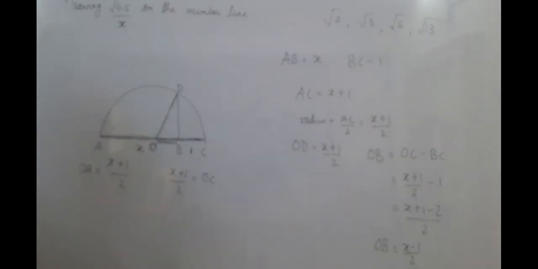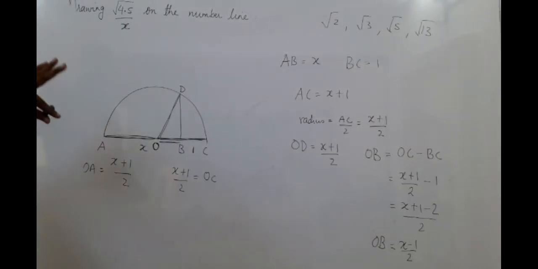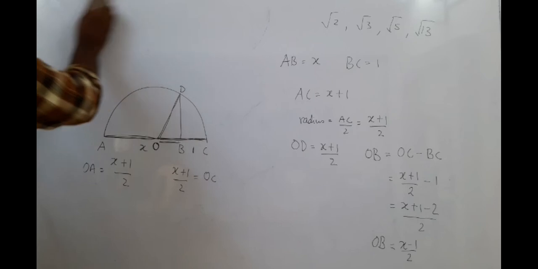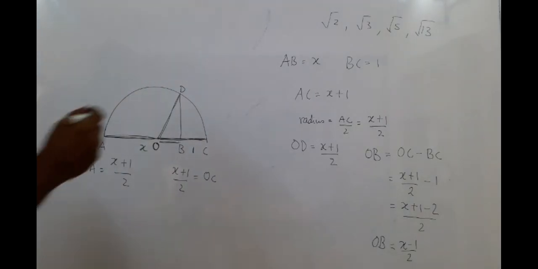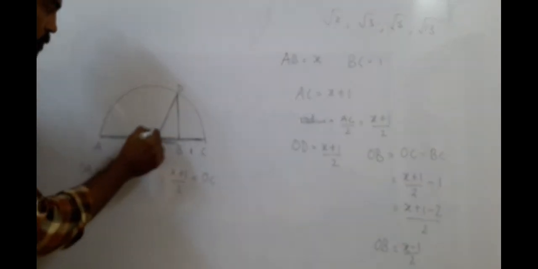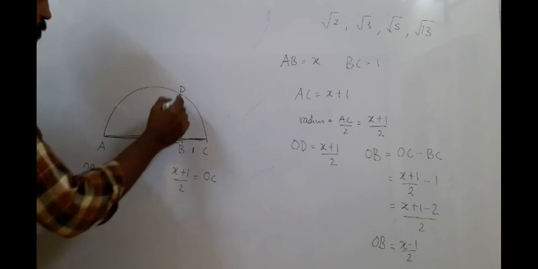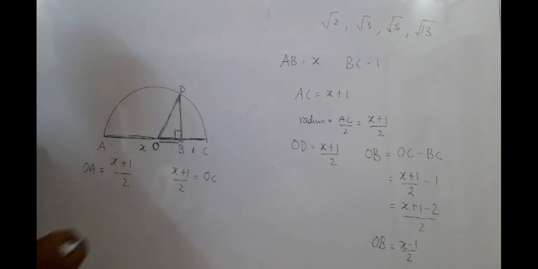So now, what will I take from here? From everything, I only pick up something from here. I will tell you what we pick up. Let me rub this off now. I no longer need this. So, look at this right angle triangle.